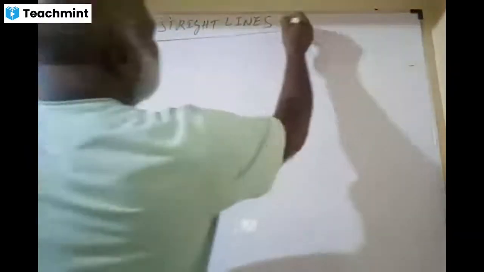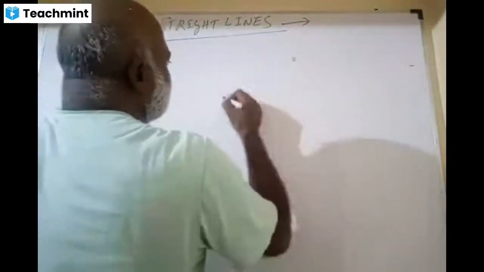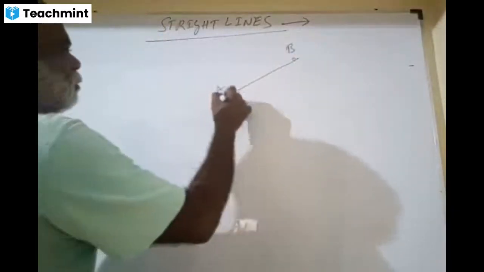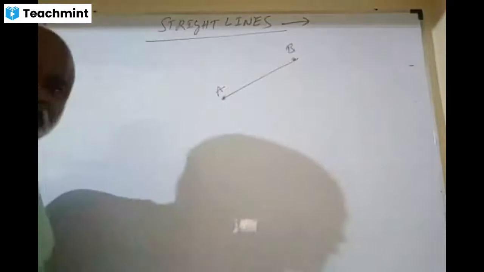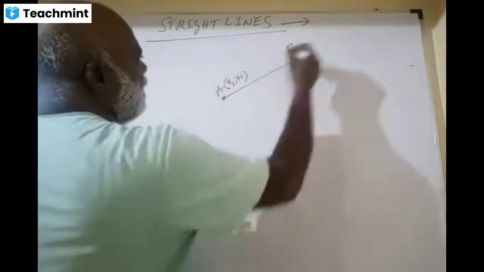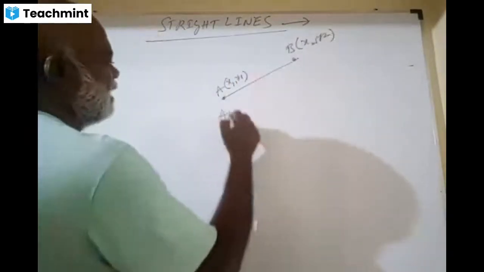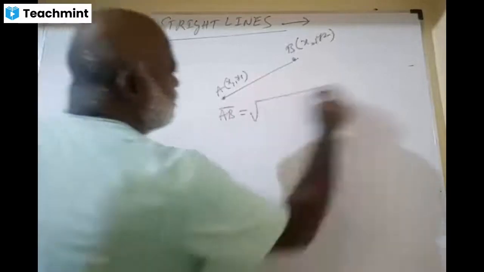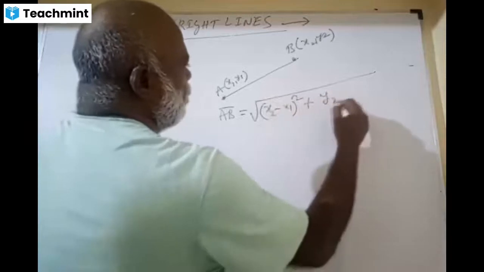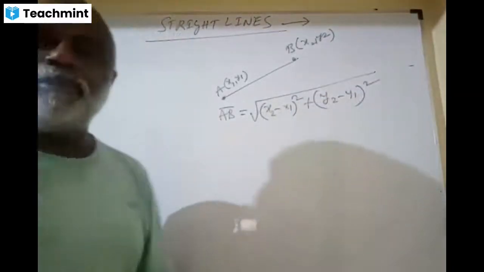Friends, the straight line is linked to what we have done already. When I take 2 points, in our 10th standard, even 9th itself, we have done this. This is the first point and the second point in the coordinate system. This is called x1, y1, and this point is called x2, y2. And the distance between the 2 points is the square root of (x2 minus x1) whole square plus (y2 minus y1) the whole square. This formula is very, very familiar now, okay?